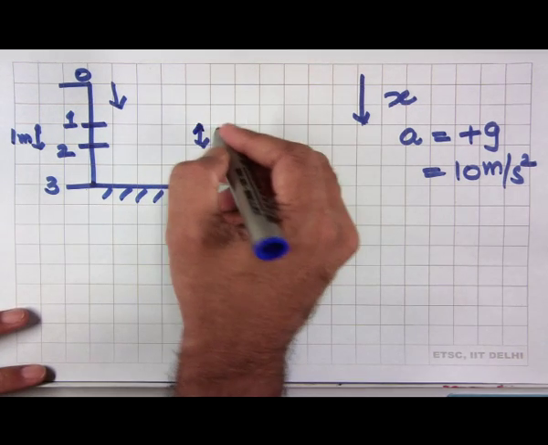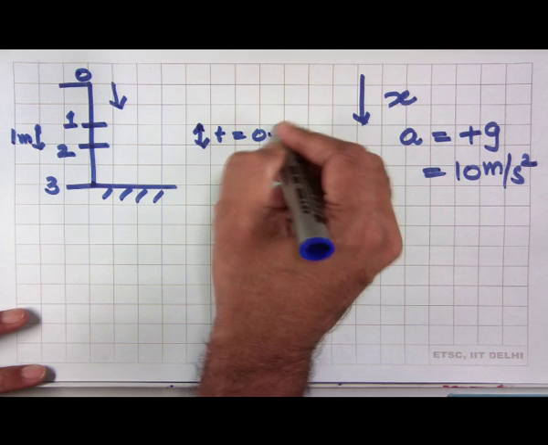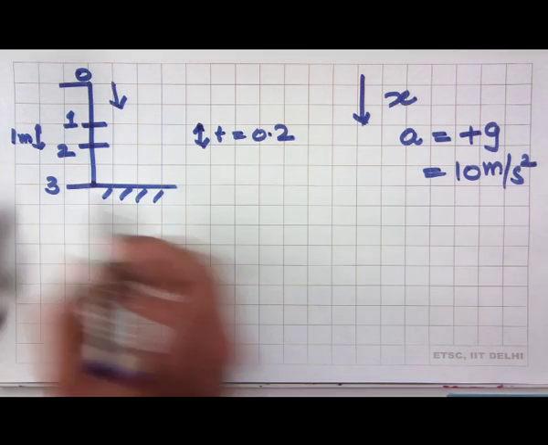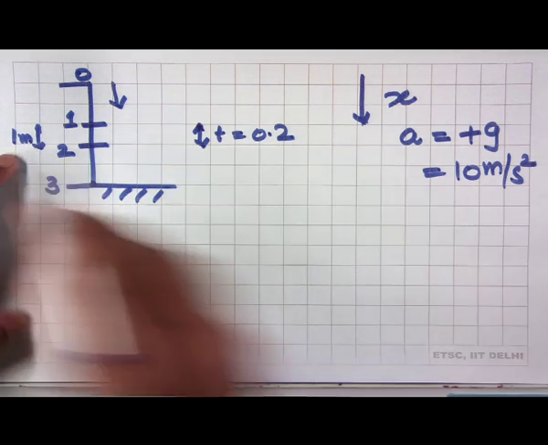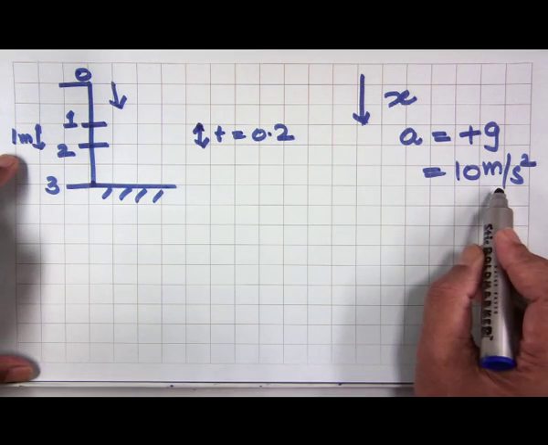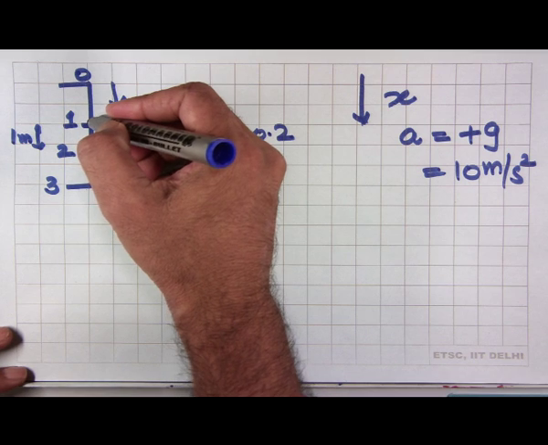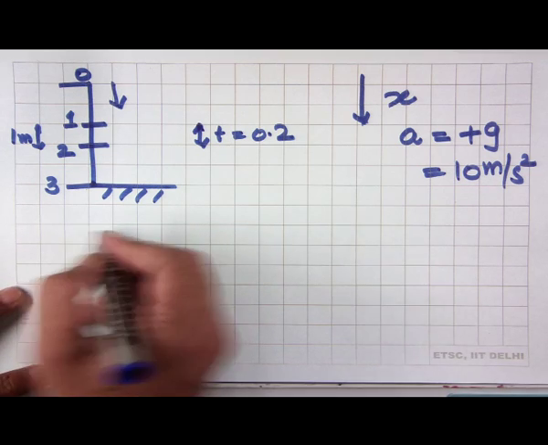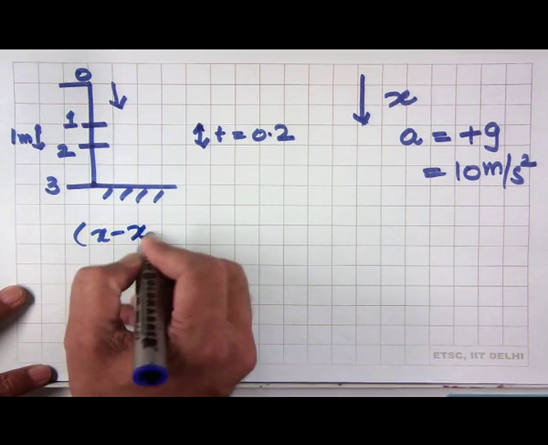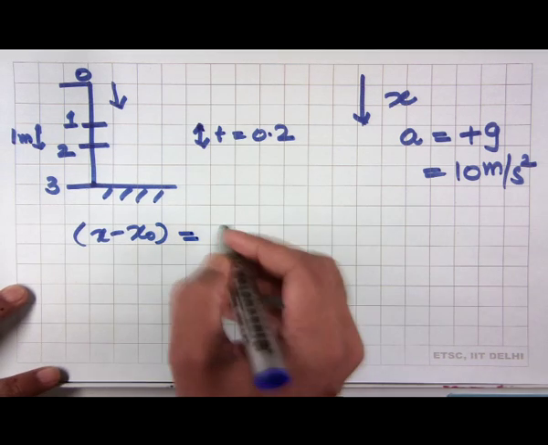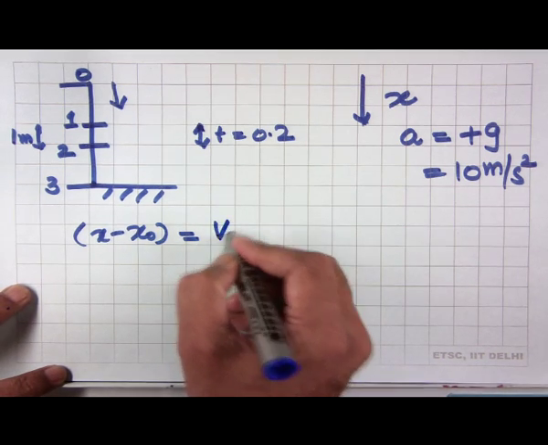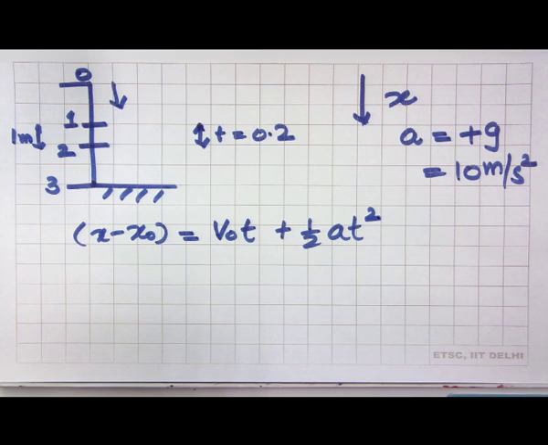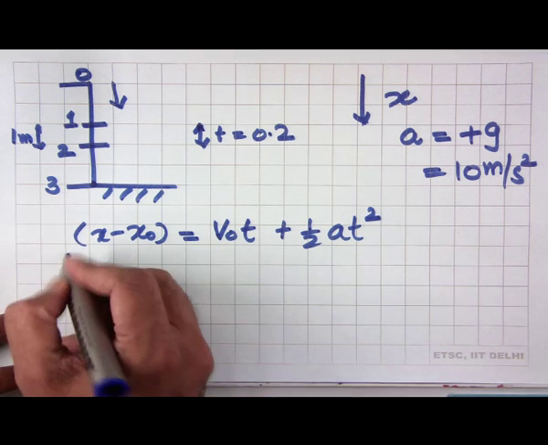And we also know that the time period during this time is 0.2 seconds. So, now what we realize is we know the distance, we know the time, and we know the acceleration, but we do not know either the initial velocity or the final velocity. So, therefore, we use the formula that x minus x0 is equal to v0 t plus half a t square. This is the formula. So, now we use this formula